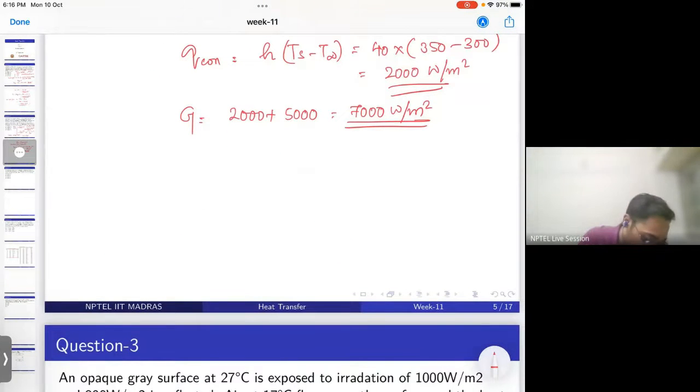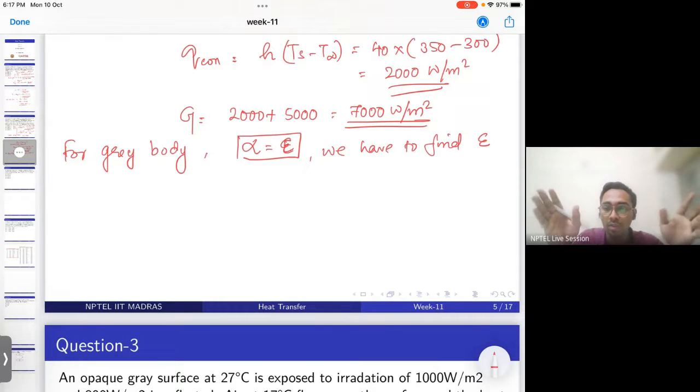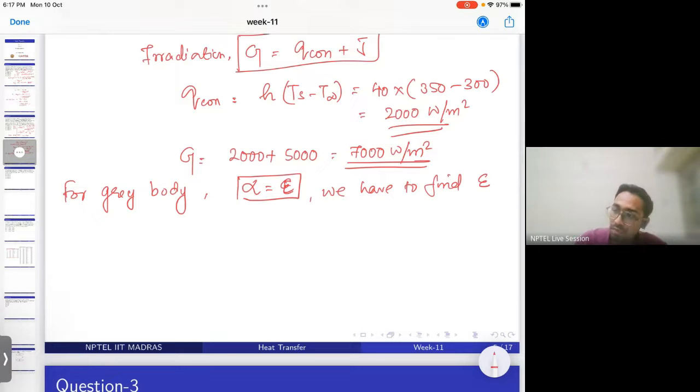For gray bodies, the absorptivity should be equal to emissivity. Right? So we have to find out the emissivity epsilon. And if both absorptivity and emissivity are equal for this body, then the body is a gray body. So how to find out E? We know J is equal to E plus